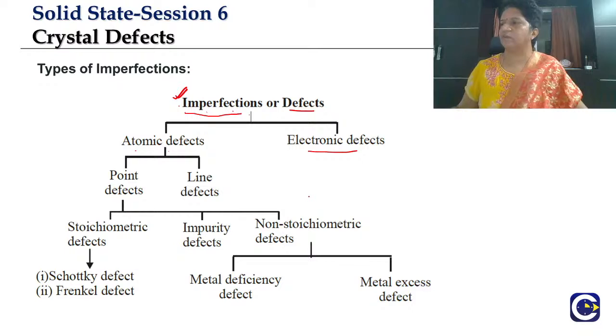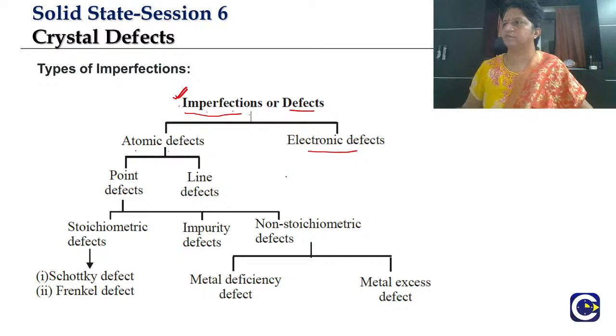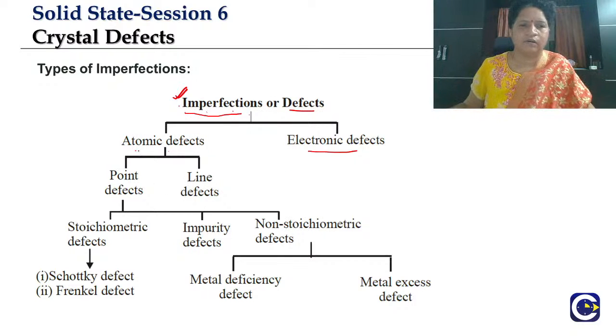So let's go on with the topic. Shall we do with the topic? Fine. Atomic defects: when there is no variation in the atom, we call it an atomic defect. If there is a variation in the electrons, we call it an electronic defect. So